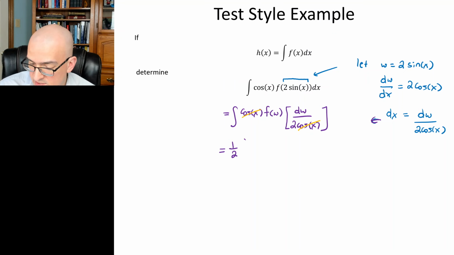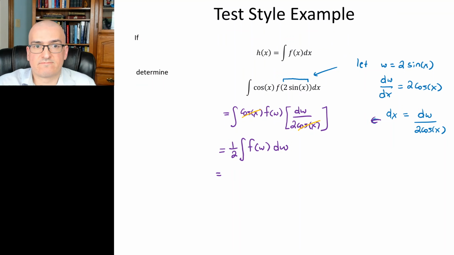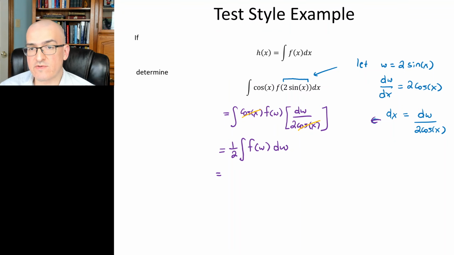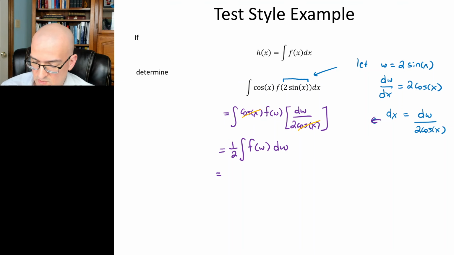1/2 times the antiderivative of f of w dw. This is the part that nobody likes. H of x is defined as the antiderivative of f of x dx. So what's the antiderivative of f of w dw? Well, we're just changing the letter of the alphabet. It's just going to be h of w. So 1/2 h of w